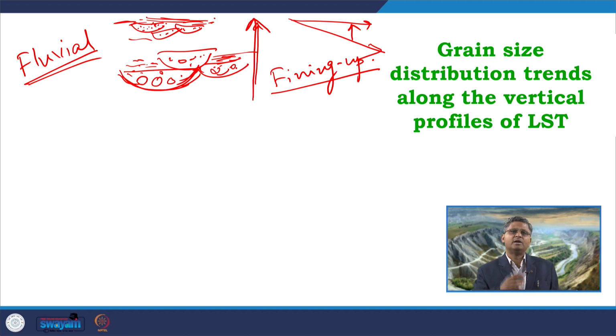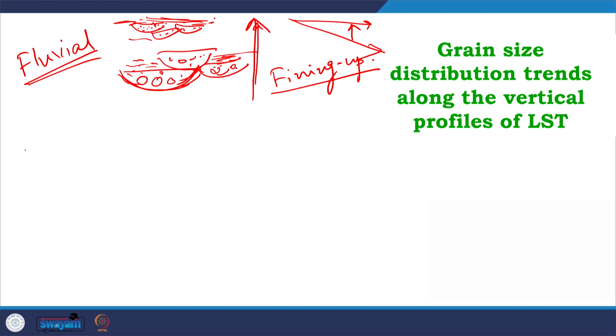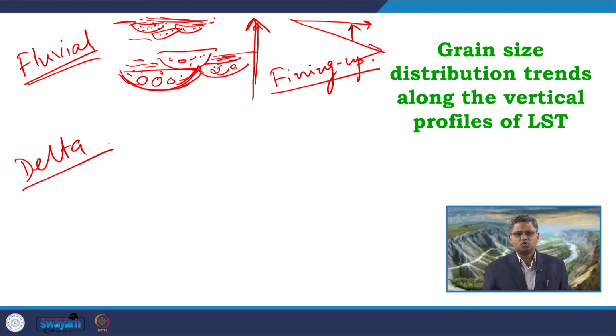If I look at it in terms of sand to mud ratio, the ratio will be very high at the bottom part, and it will gradually decrease as we move upward, because the proportion of mud will be relatively more than at the bottom part. Now, if I look into the central part, that is where the lowstand delta is forming. In that area we have already discussed in the previous slide. There we can see that overall it will be a coarsening upward pattern.